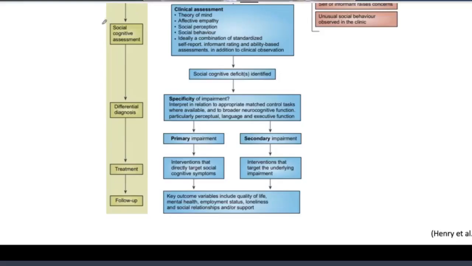If you want to define a process of evaluating people for social cognitive deficits and then providing treatment, that is, evaluating them, giving a diagnosis, giving treatment, and following them up with social cognitive interventions, that is a type of social cognition clinic that might be interesting to explore. But in reality, social cognition training, improvement or assessment is not something people have explored